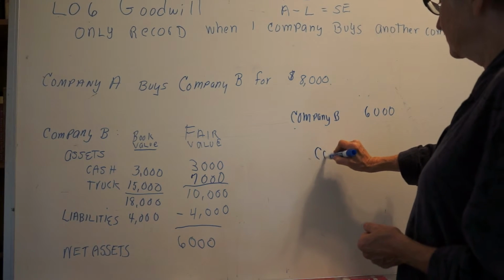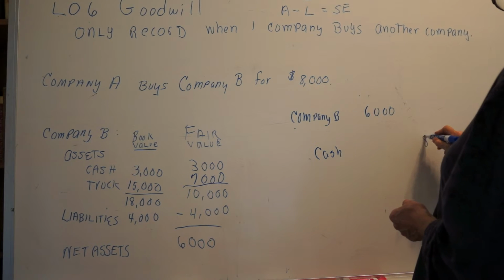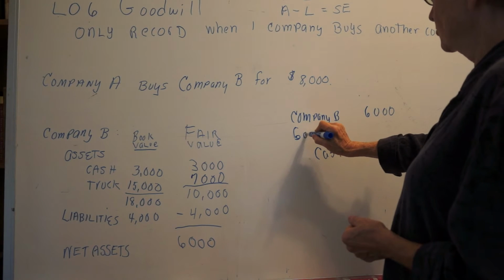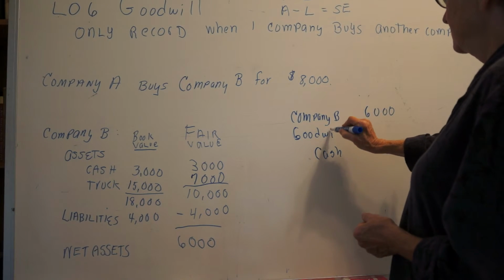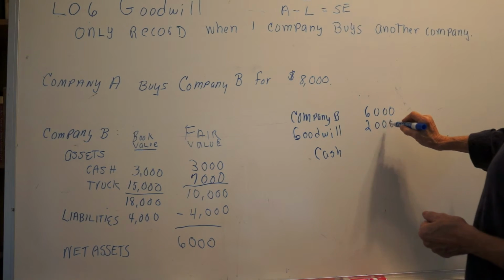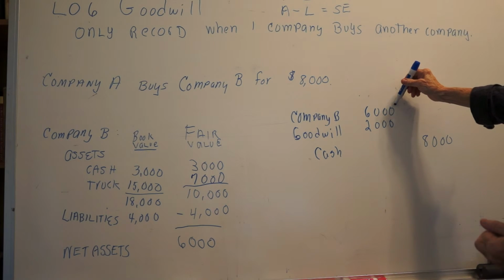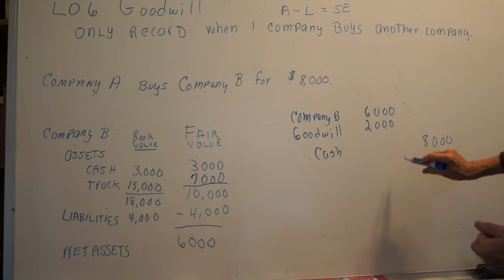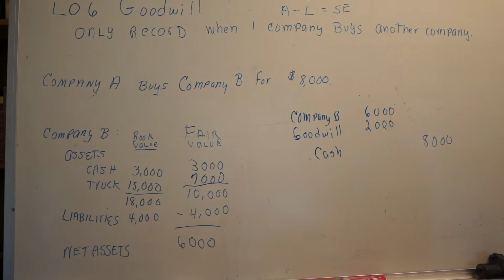But they paid $8,000, and so the over and above the fair value of the net assets, okay, here's the fair value of the net assets, this is over and above it, that's the goodwill. So they were willing to pay $2,000 more than the value of the net assets of the other company